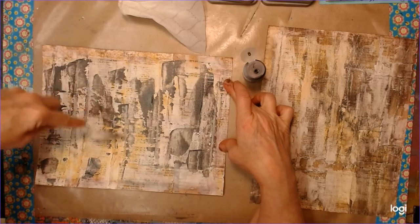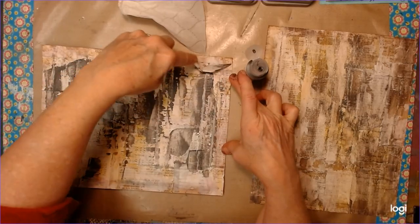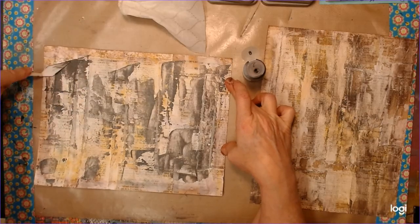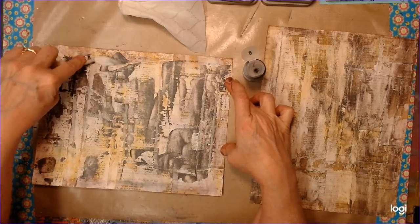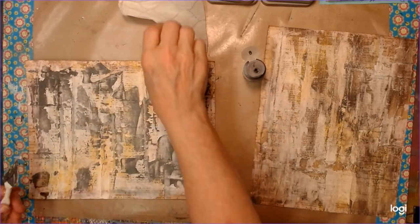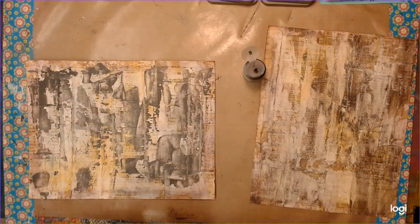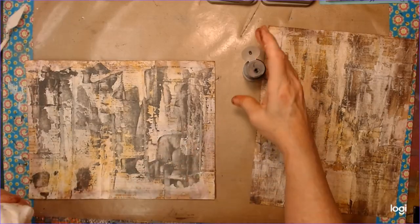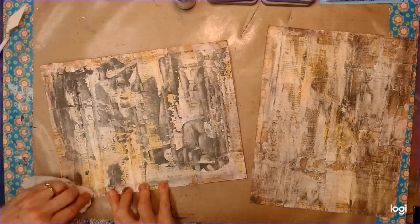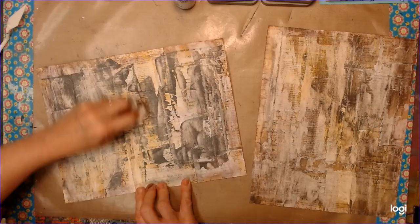If you've used this before and you know how you're supposed to use it and what you're supposed to do with it, please let me know. I wasn't expecting it to be this thick stuff, and it may be that there's just something wrong with this bottle and this is not how it's supposed to be. But